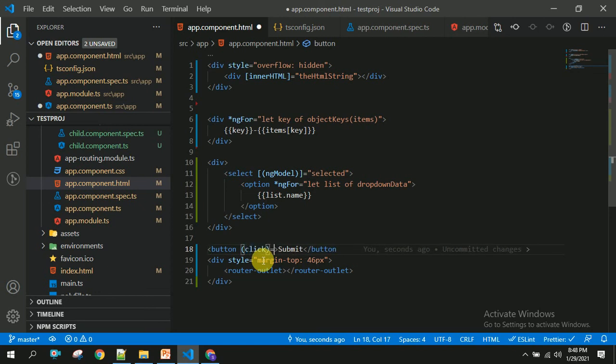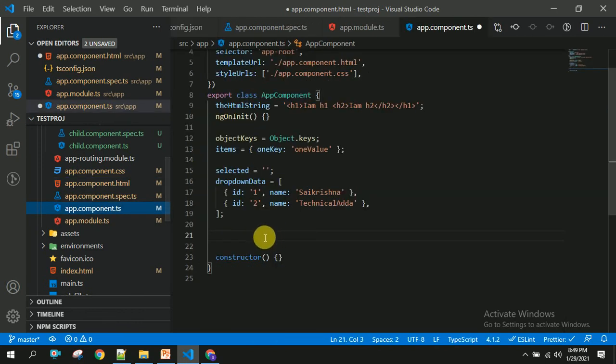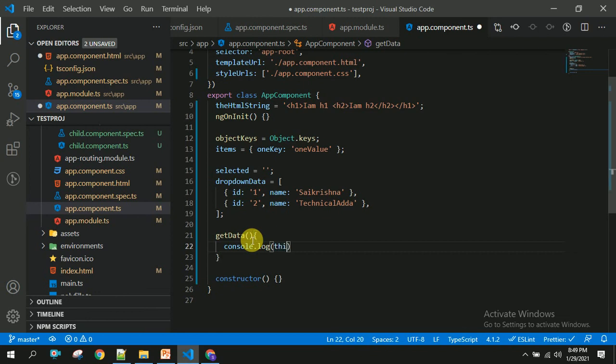Once user clicks on this button, I am going to call a method called getData. In this getData method, I am going to log whatever user has selected. console.log of this.selected.